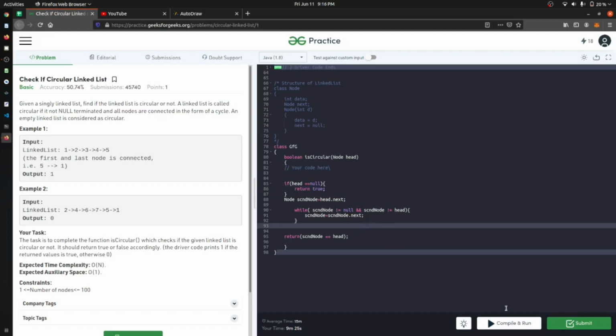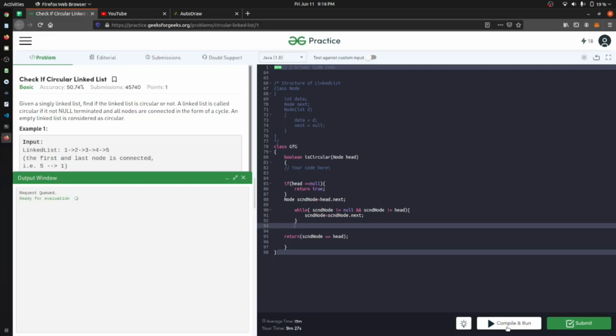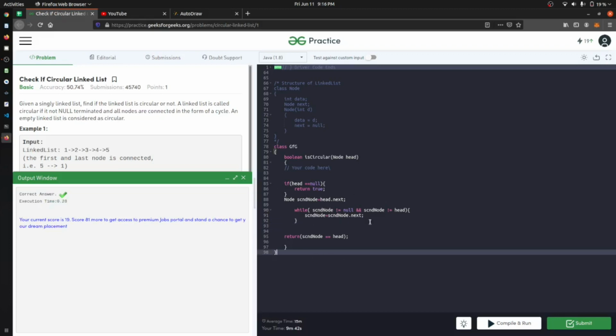Okay, so let's submit it and check whether it is giving us the answer or not. I hope there is no error. Yes, we are getting the answer as 1, which is true. Let's just submit it. You can see that our answer is correct, and it executed in 0.28 milliseconds, I think. I know that the whole algorithm is solved in order of n, and that is satisfying our requirement.